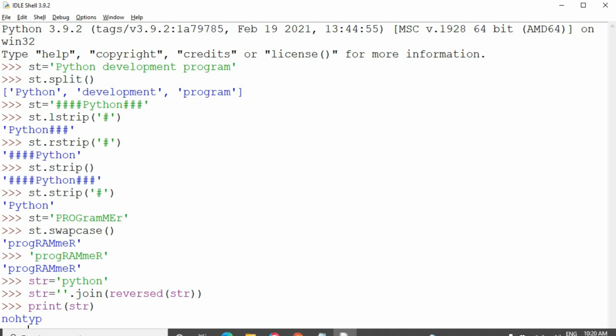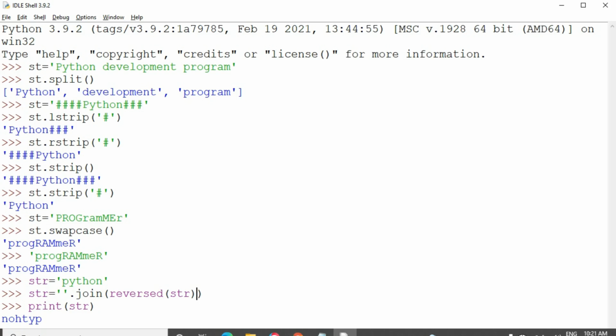Okay, this is a very important question, how to reverse the string. Initially I have taken the particular string into a string variable, then I am going to reverse the string. I have reversed the particular string, and the same str variable I am going to store.